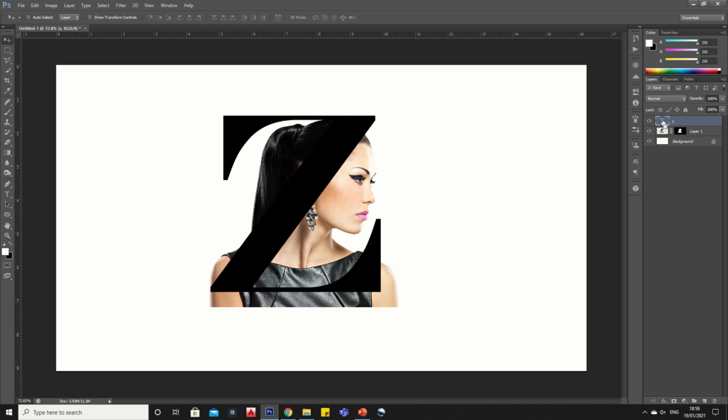Now select the text layer, press and hold the Control button and click on the text layer to select the letter.